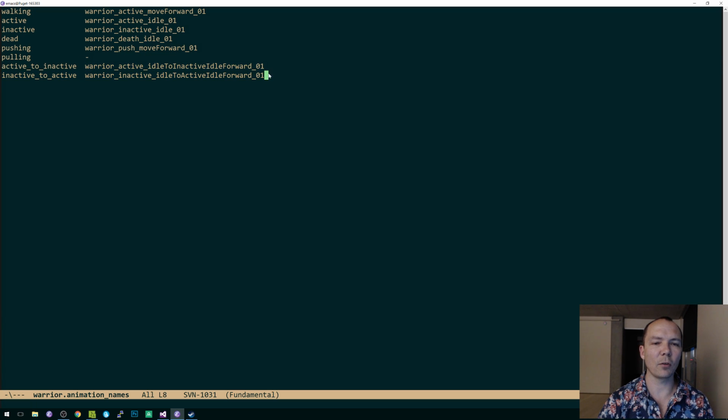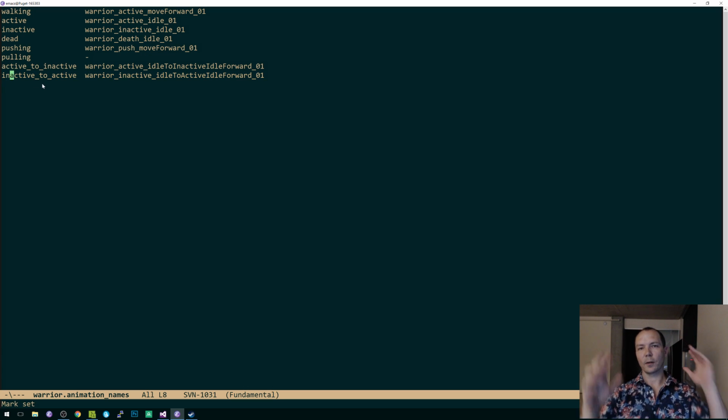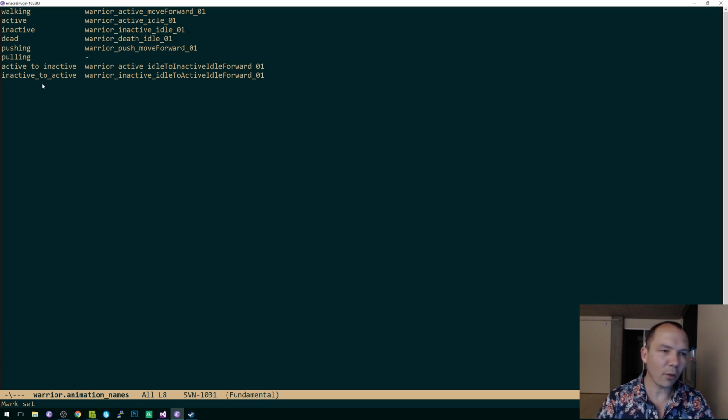So the first thing I'm going to do tonight is be able to load this file into an asset catalog, so it'll be hot loadable and integrated into the engine and all this good stuff. And I'll test that, and then I will hopefully be able to use this file instead of the hard-coded animation names in the game. And that should be a reasonable amount of stuff to do tonight, although you never know